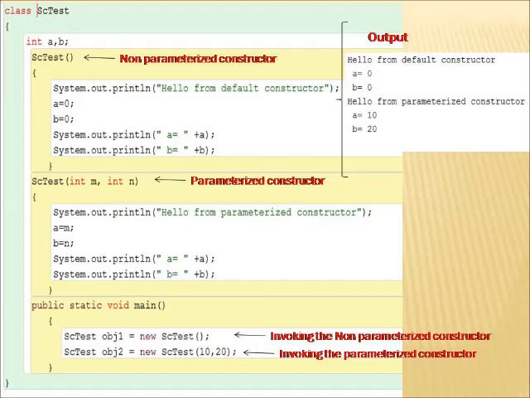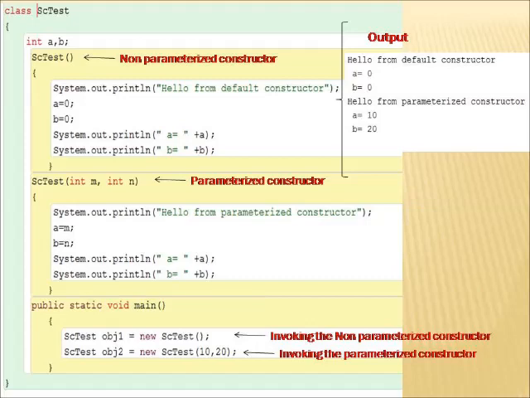The name of the class is there. You can see that we created a non-parameterized constructor and a parameterized constructor, right? And inside the main method I am creating two objects, obj1 and obj2. As you can see, when we create obj1, it invokes the non-parameterized constructor. When we create the object obj2, it invokes the parameterized constructor. Invoke means as soon as we create the object, the output will be generated.